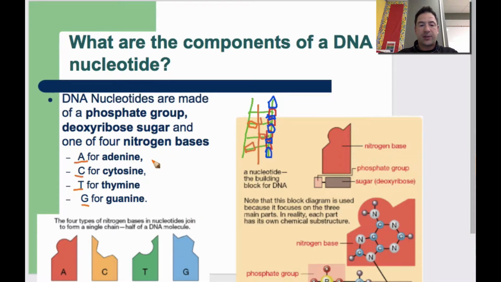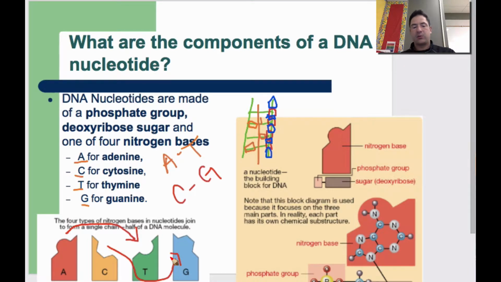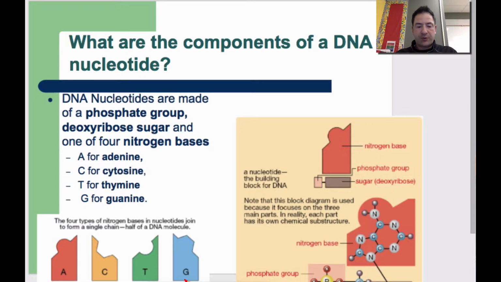Okay, so now here's the thing though. A and T are complementary. They will always pair up. Okay, C and G are complementary and always pair up. So it could be T, A, T, doesn't matter. C, G, G, C, doesn't matter. But this one, and I don't know why they don't ever show them together, but that one and that one will pair up, and this one over there, and that one will pair up. Okay, if they don't, they will never pair up or we'll get a mutation. Okay, so moving on